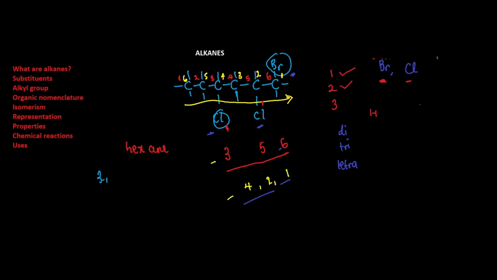So this is going to be 1-bromo, 2,4-dichloro hexane. This is the name of this particular compound. Okay, now we have looked at the 2 cases where there's an alkyl group and where there's a halogen